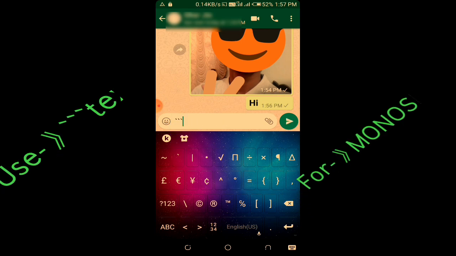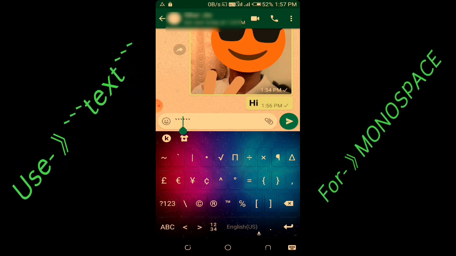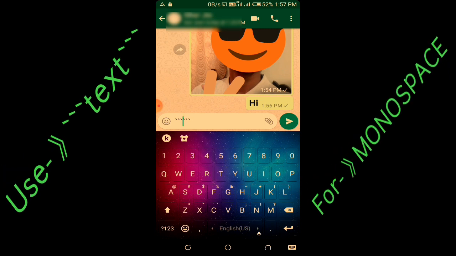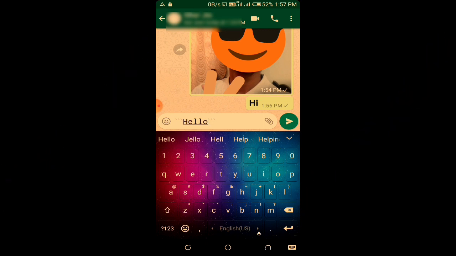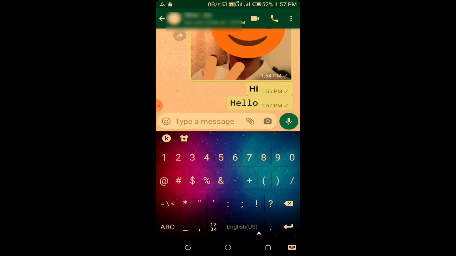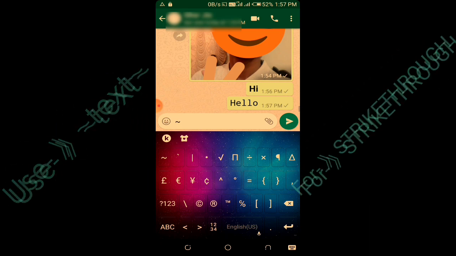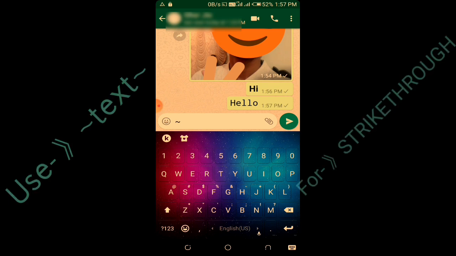If you want your text to appear in the monospace font style, then you have to enter the text between these symbols. I cannot spell out what it is, but as you can see on the screen, this is the appropriate sign for the symbol. And if you wish, you can also apply all the types of font styles in the same sentence, but first you should know the different methods to obtain the different types of font style. Now if you want your text in the strikethrough format, then you have to use this symbol, and as you can see on your screen, this is the format for writing the text in between these symbols.